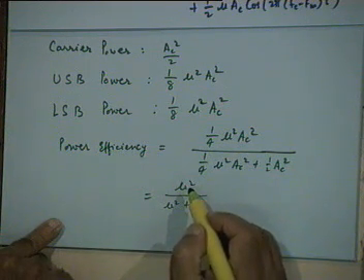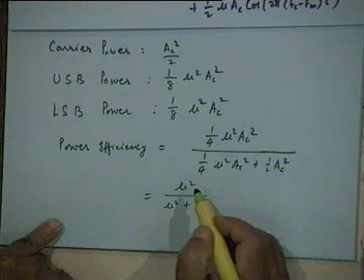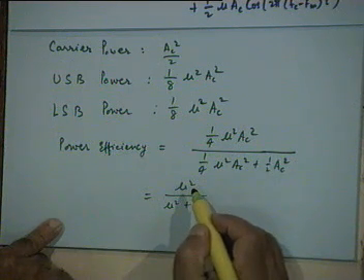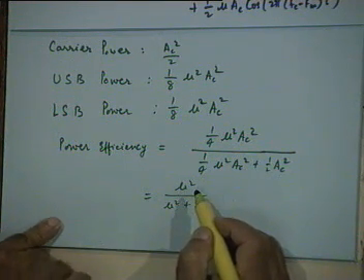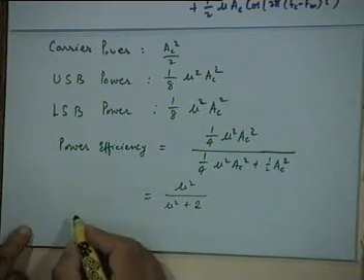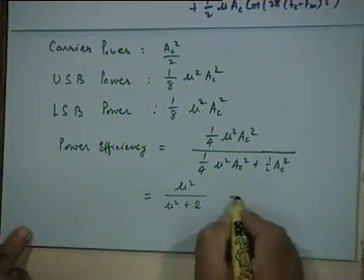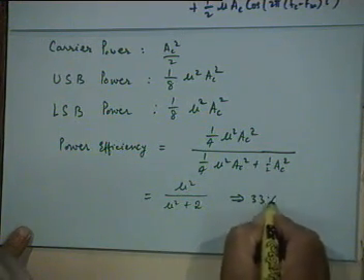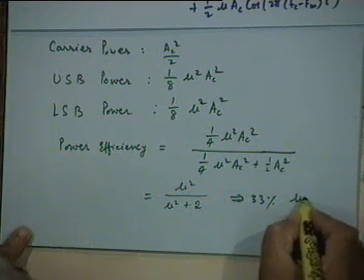And therefore, that is the power efficiency you will have for a modulation index of mu. And the best power efficiency you can have will be obtained by mu equal to 1. Then you take mu equal to 1, right? And what is the power efficiency there? So 33% approximately for mu equal to 1.